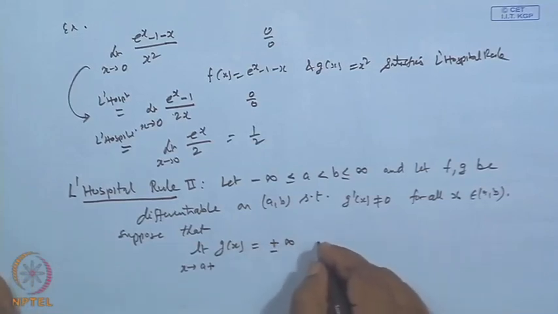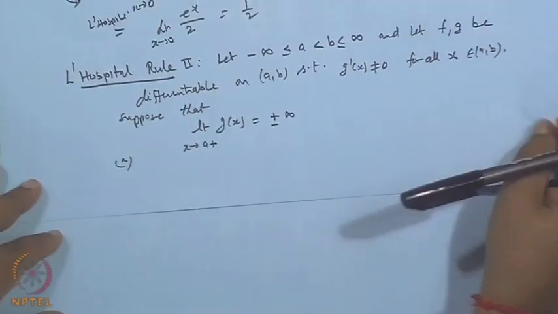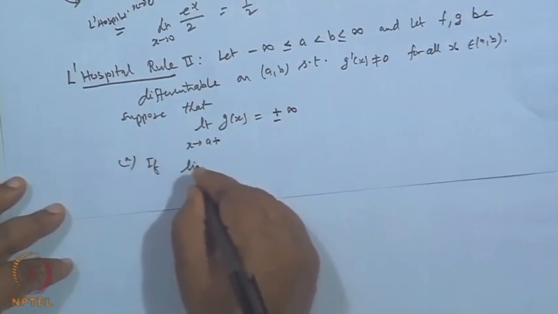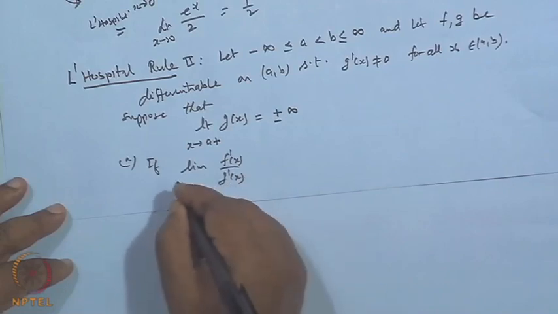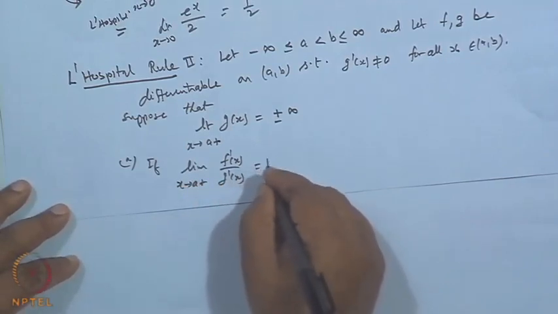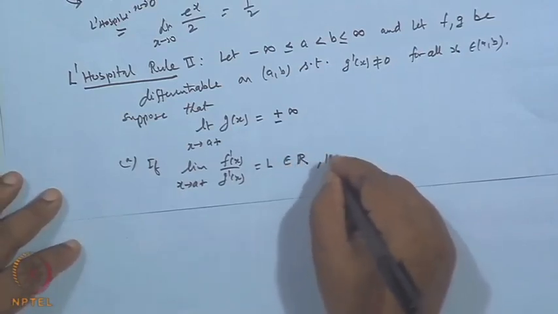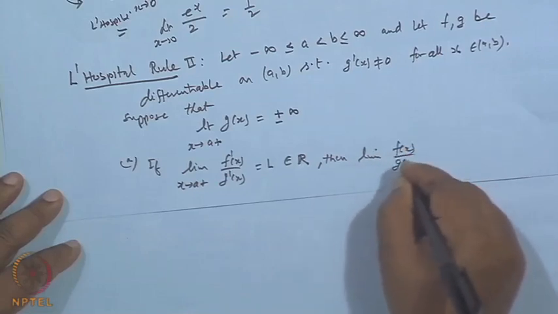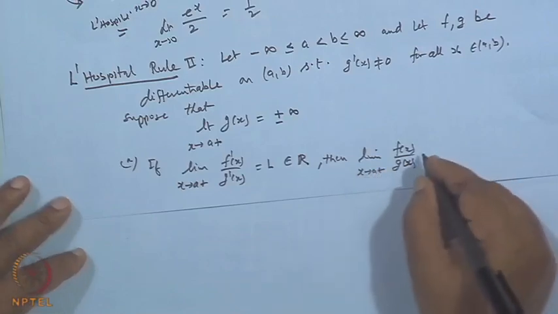Then if the following condition holds, if the limit of f prime x over g prime x when x tends to a plus is, suppose, L belongs to R, a finite number, then the limit of f x over g x when x tends to a plus will also be